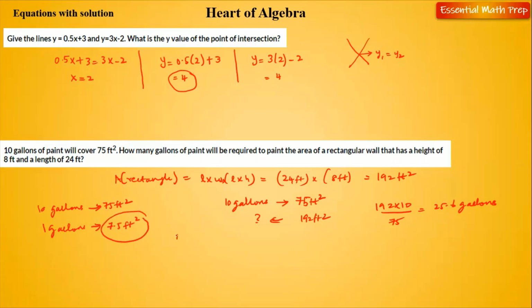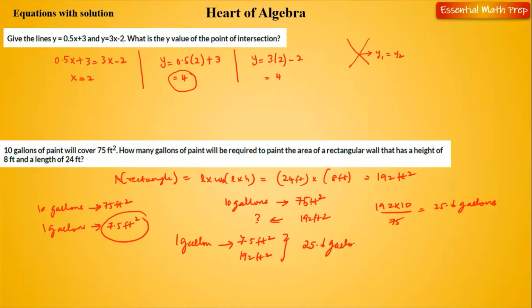So 1 gallon can paint 7.5 feet squared, so 192 feet squared would require 192 over 7.5, that's 25.6